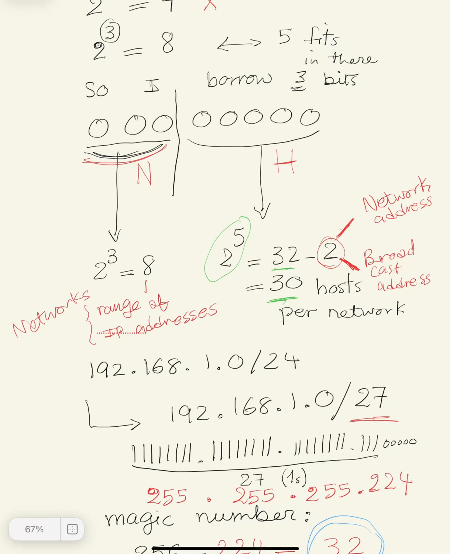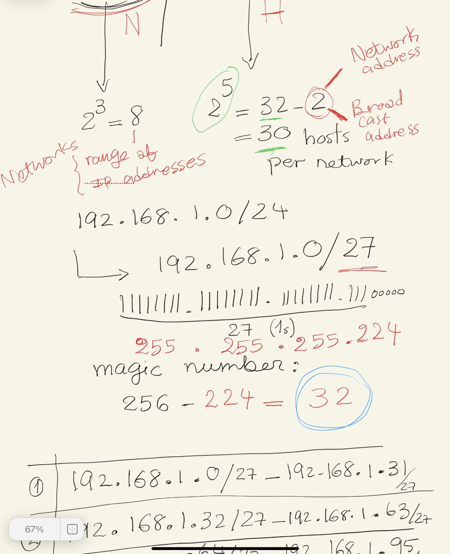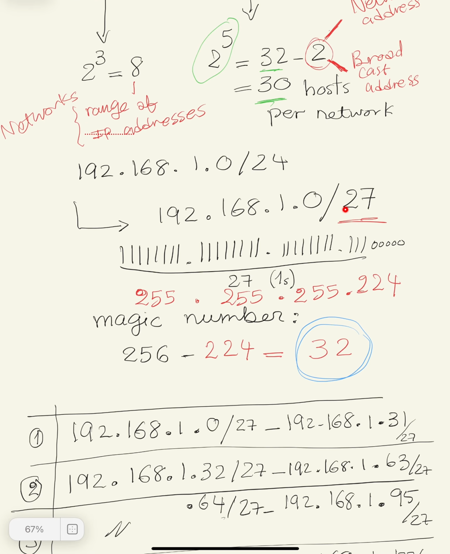But now the new number that I've created out of that, borrowing 3 bits, is 192.168.1.0 with prefix 27. Please note that those 2 numbers are not the same anymore, because in the new number with prefix 27, we have 27 ones in here, and the subnet mask is